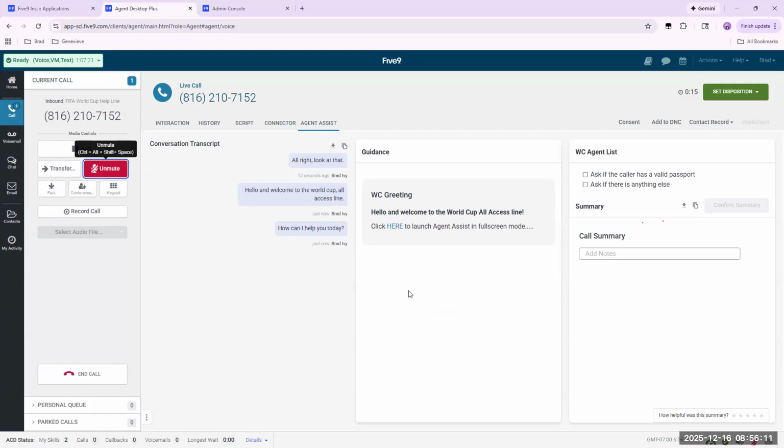Okay, so stop right there for a second. So the first guidance card, that call start based guidance card that popped as soon as the call came in, which is this one right here. Okay. Agent list, which we set up for these to pop not completed, but when the call started. So these two things happened upon the call start, right? So now,